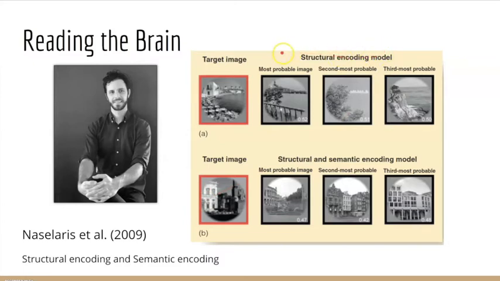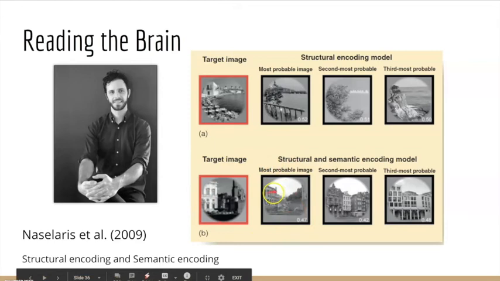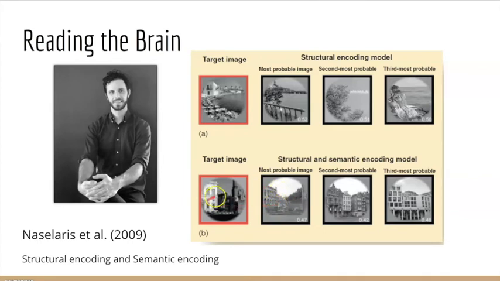So when he added a structural encoding model to artificial intelligence, this is a target image, and it showed that the most probable image is this, which is kind of far from the target image. But when he combined structural and semantic encoding models, this is the target image, and this is the most probable image that he saw. So it is really not far from the target image. As you can see, there's a building on the left. There's this big space seen here, a small building, and something obstructing this side